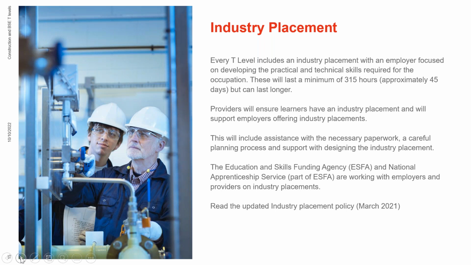And then the Education and Skills Funding Agency and National Apprenticeship Service are working with employers and providers on industry placement, and that's progressing as we speak. So we're feeding back how learners have found this in the almost pilot wave we're going through at the moment, and feeding back on this all the time. So if we go to the next slide,